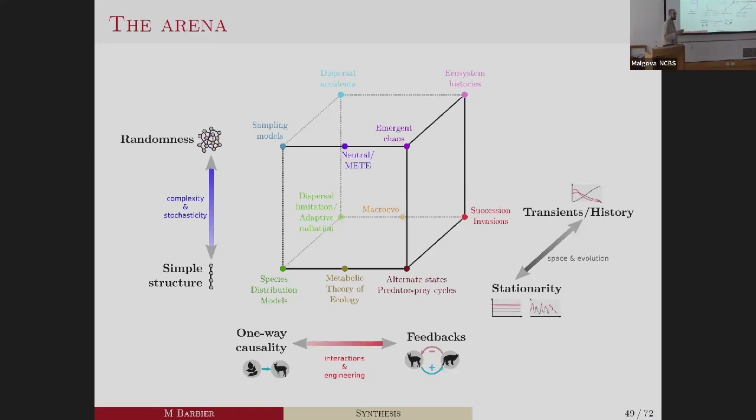Now, one thing that's kind of nice, and the reason why I was saying, in some sense, generalized Lotka-Volterra plus space plus noise gives you all the basic questions that you could ask in this cube, is that you could get all these different behaviors as certain limits of a generalized Lotka-Volterra with space with noise. Just to give you one example, which I think is going to be hopefully quite intuitive after the lectures from Jacopo and from Vishwasha,